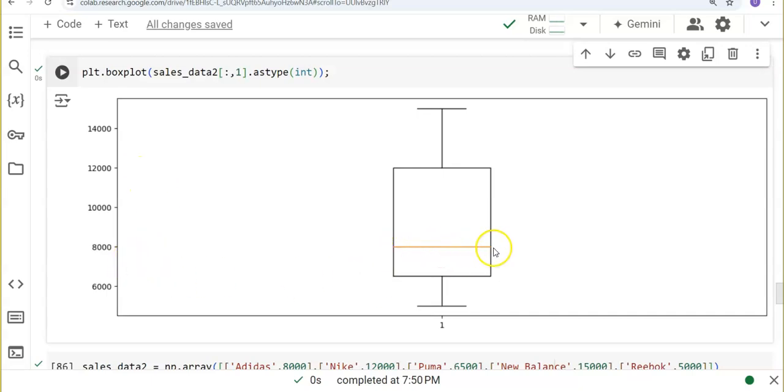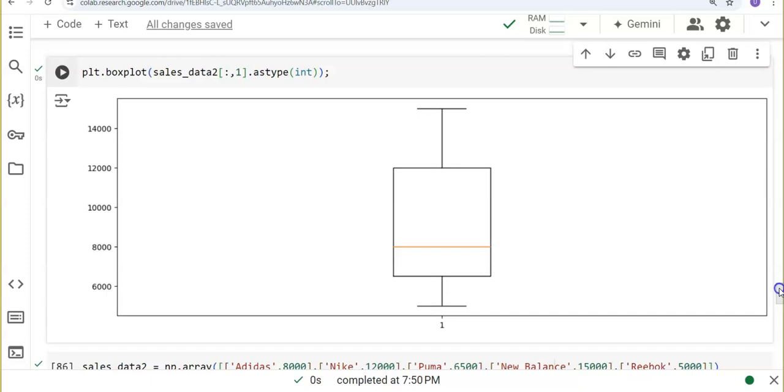While this line that we see here is the median, so more or less like an average or the middle point. It gives you the median, cutting your data into two: half of your data from there going down and another half from there going up. So we can see that half of our data is below 8,000. Most of our data is below 8,000 and just a few points are above 8,000. So that's how you can interpret